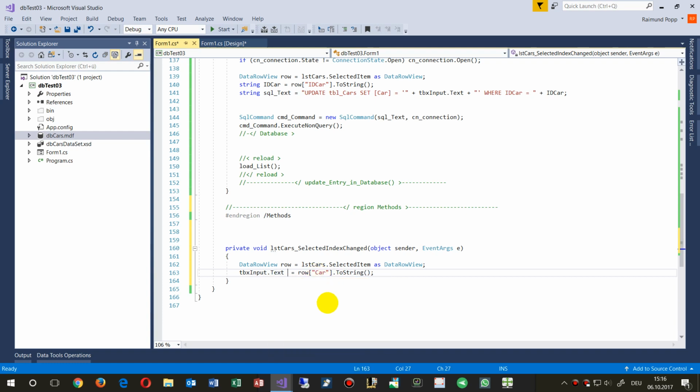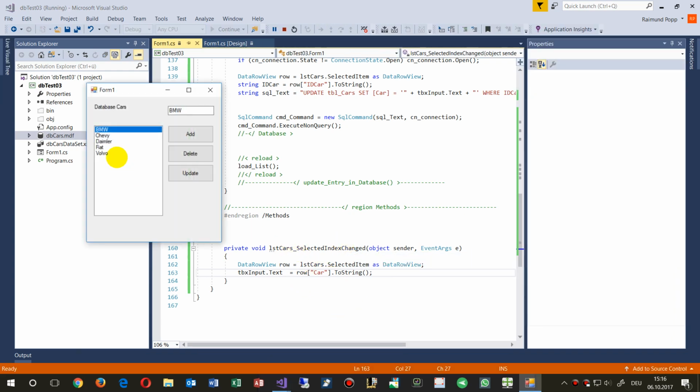So this happens if the selected entry changes. So when I click there now, it gets that row text and it writes the text straight into this field. And so we are happy now at that point, and we say